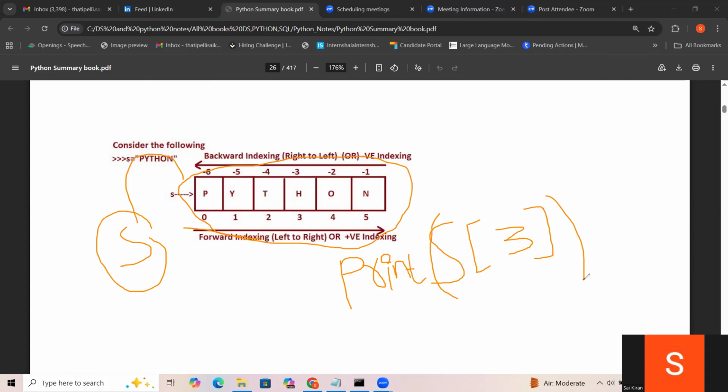So that is called indexing here. Okay, slicing means here nothing but, the second point, slicing is I want from P to T. Yes, I want from P to T. That is called slicing. How you have to give it here, you just have to give it here